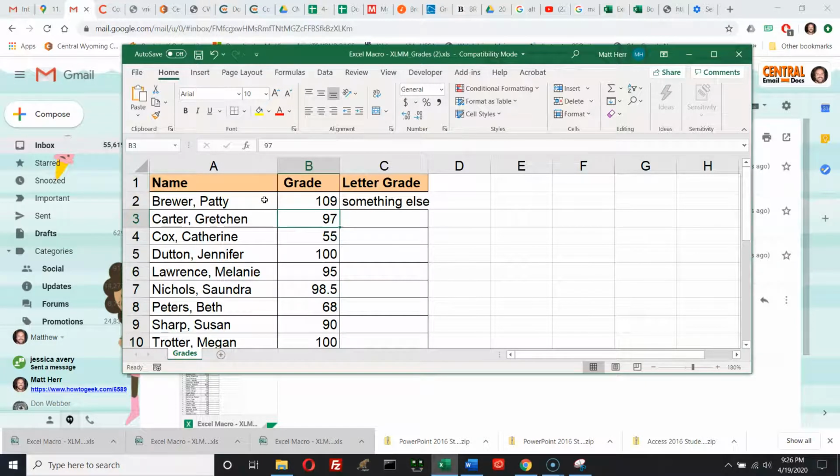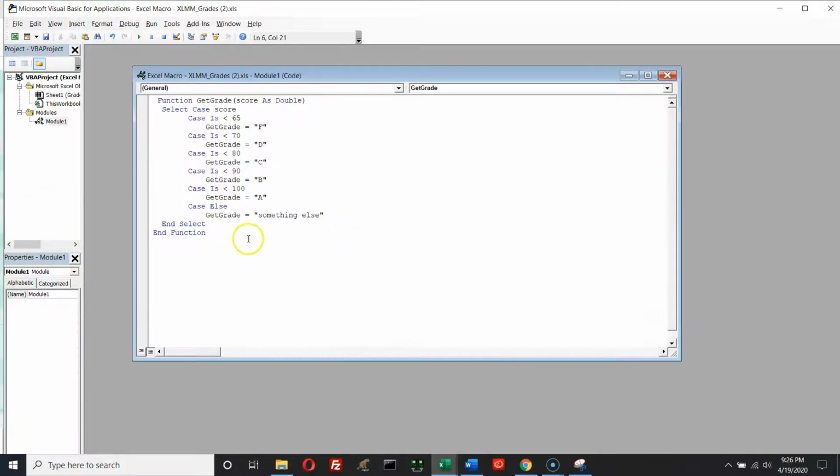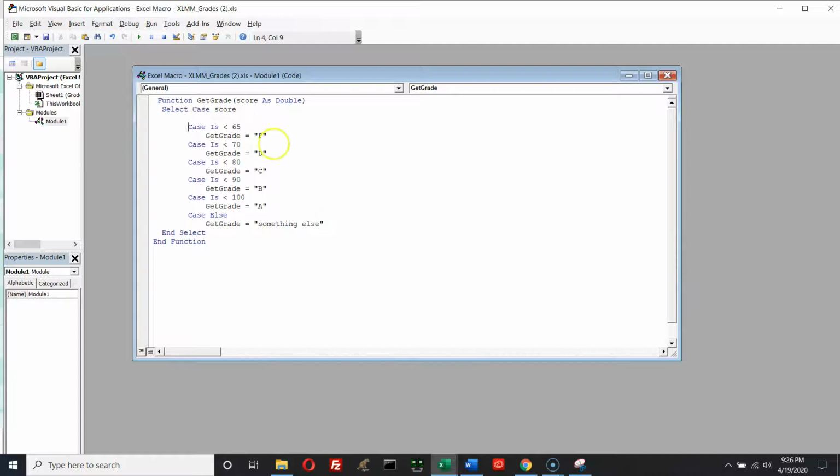Right, because you can't have grades above 100 unless the professor says so. So let's see what happens if we get a negative in there. Okay, so the one thing we might want to do is we might want to change your function. So let's go back in here. Let me just show you this. So what it's doing is it's starting off with anything less than 65. So what we might want to do, and you don't need to do this, but we could come up here